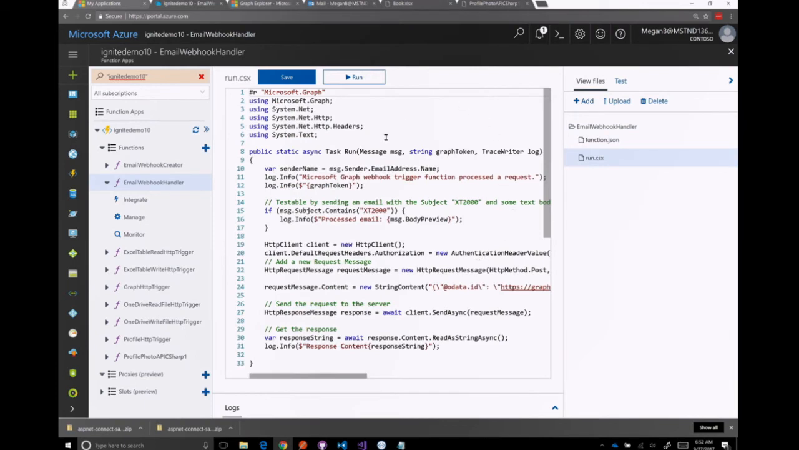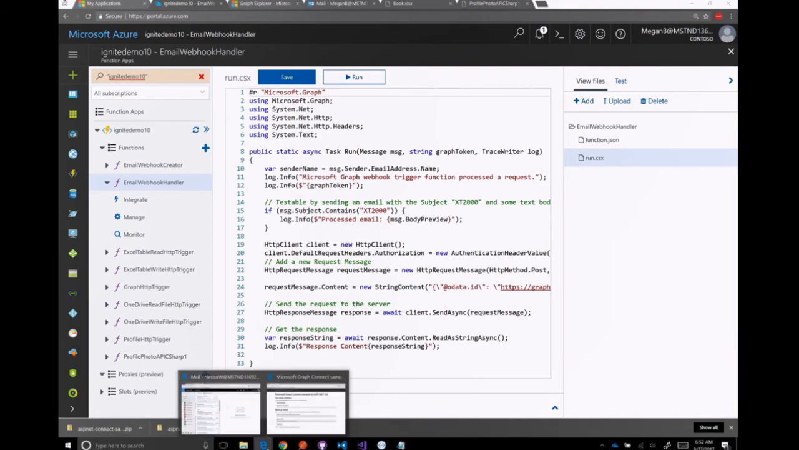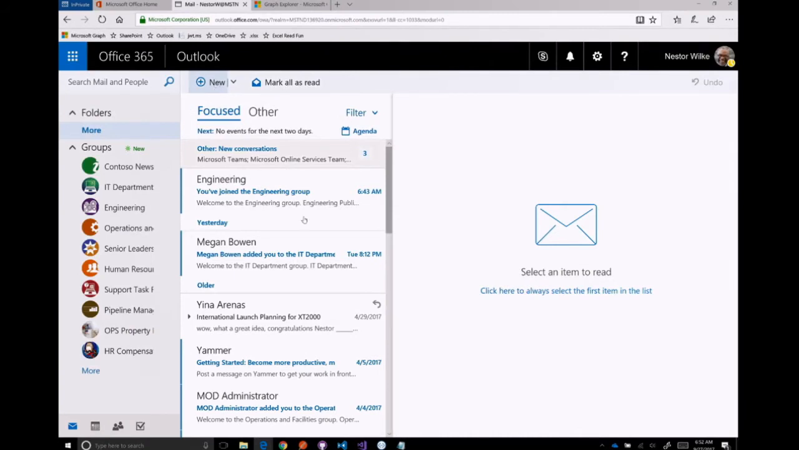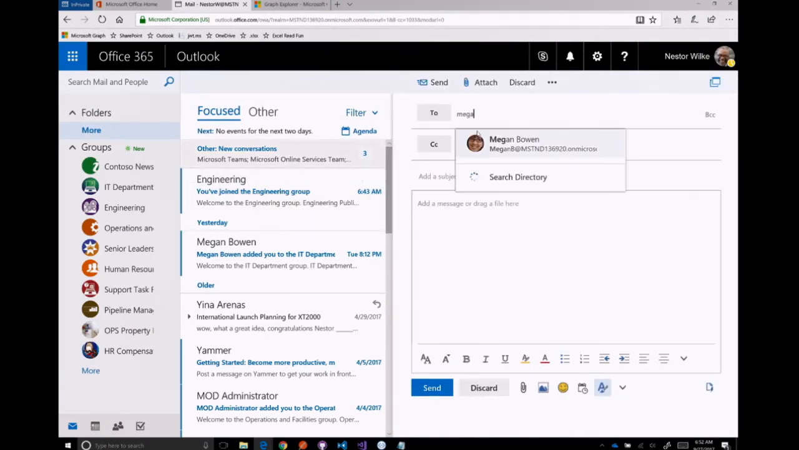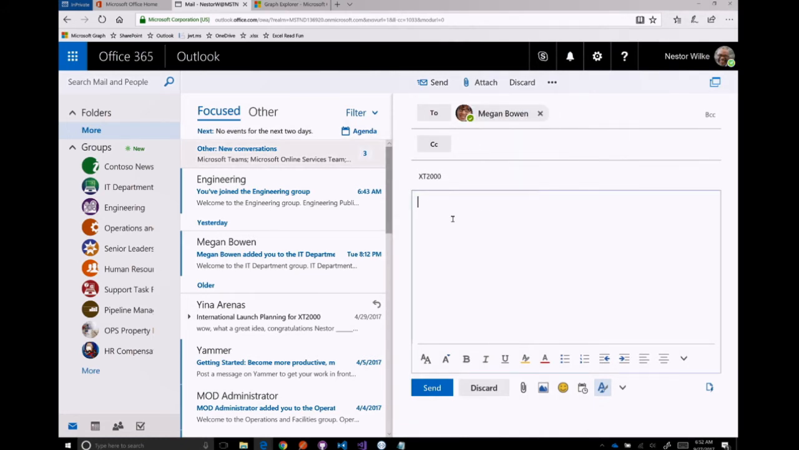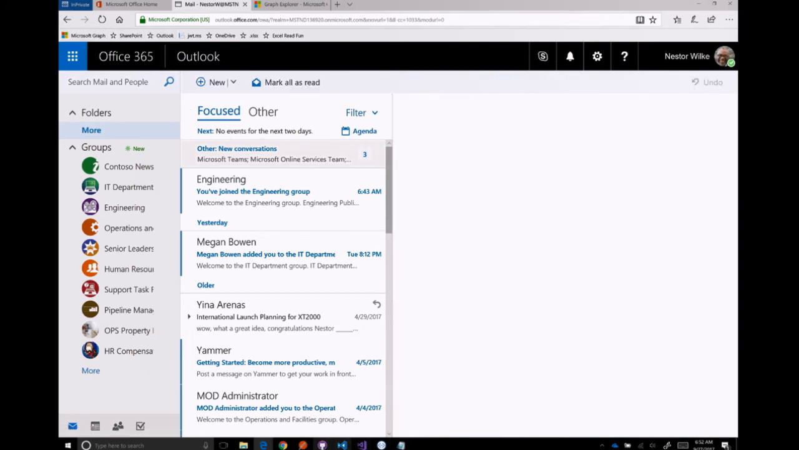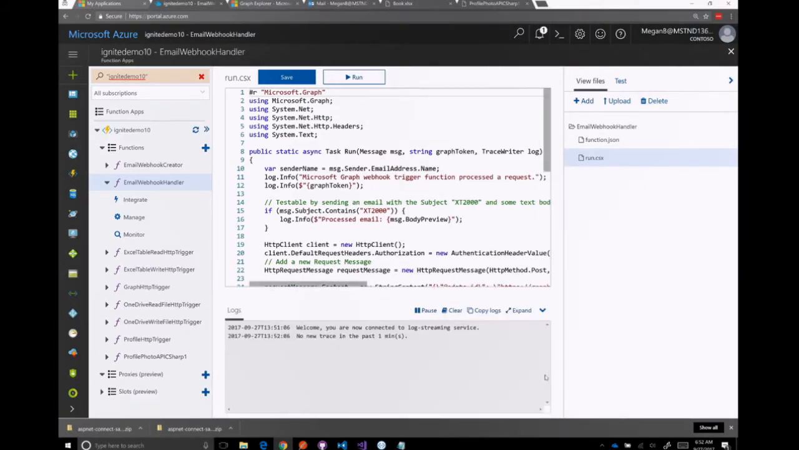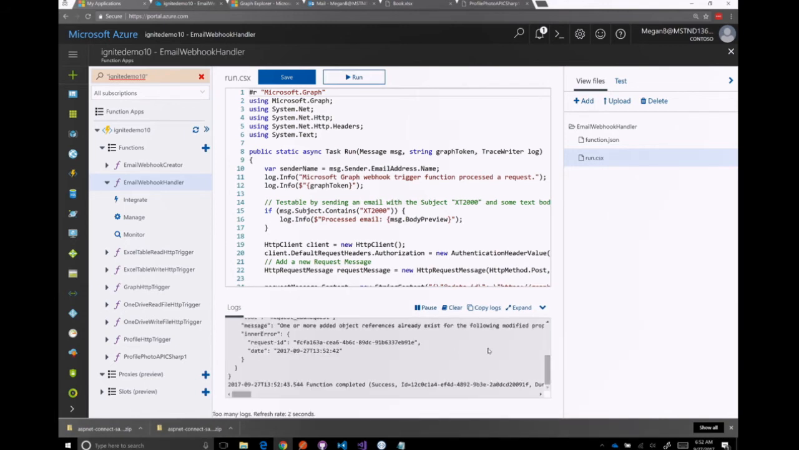So let's see if this one actually fires with an email. Let's go and send an email. I can send an email from this one to that user. This is another account, so I'm going to send an email to that user. It's going to add XT2000 to the subject, which was the one that had function hat. And if I go back to the function and see the logs, once the email comes in, the function is going to wake up, and it's going to